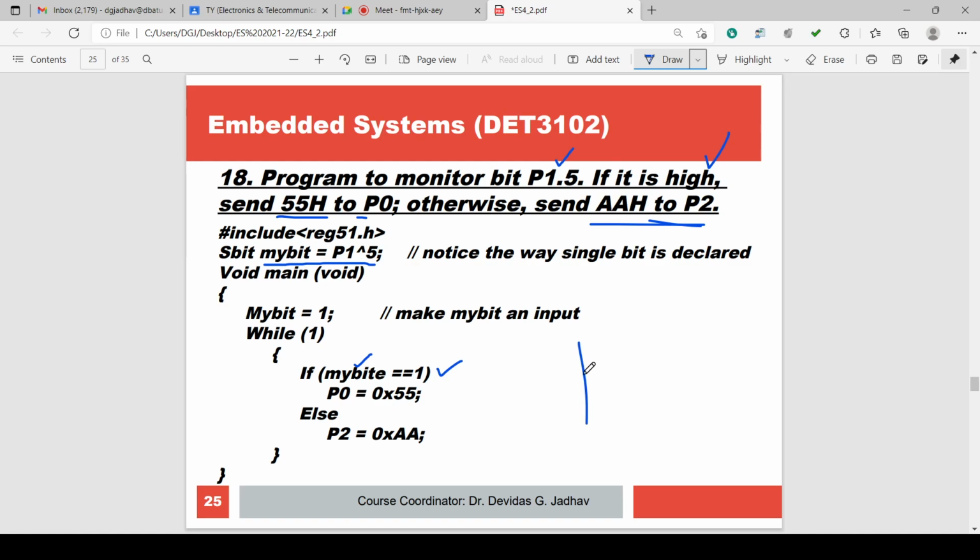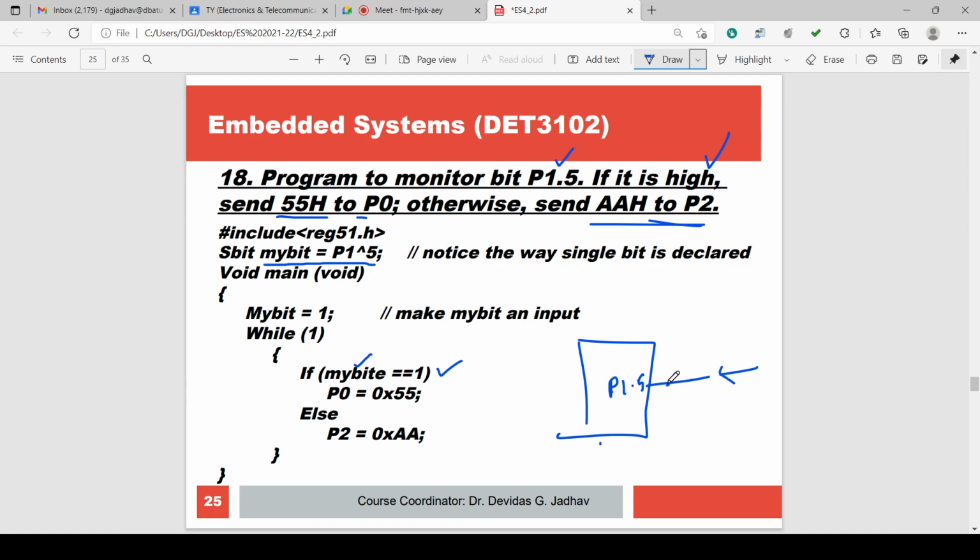So there is an external value on the IC pin, an external circuit is connected, and this P1.5 pin is there, that is port 1 fifth pin.